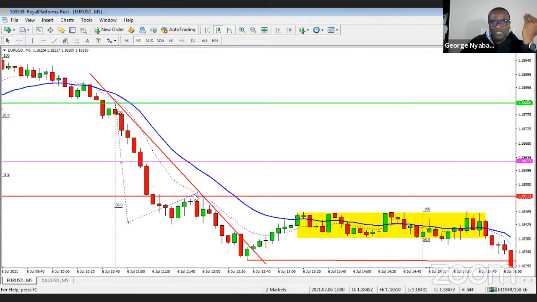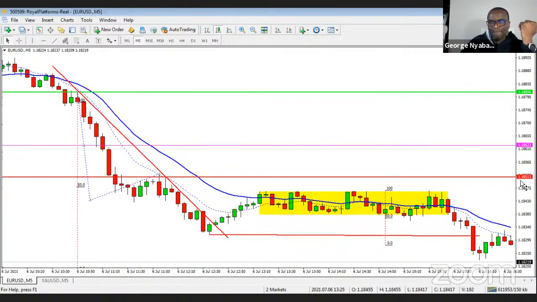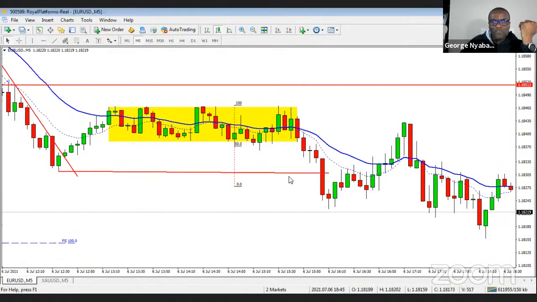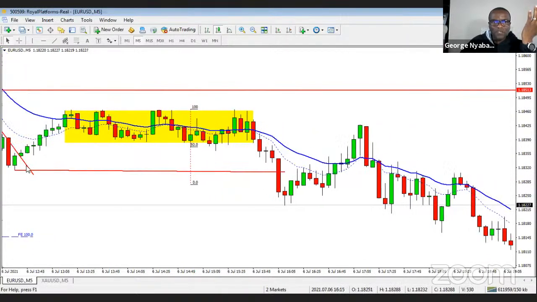Okay, and you can also see it's just above the high of this key level of support, now resistance. So take your profits there, because you're expecting that to be tested after the trend line break. And now you've got to wait to see what happens.